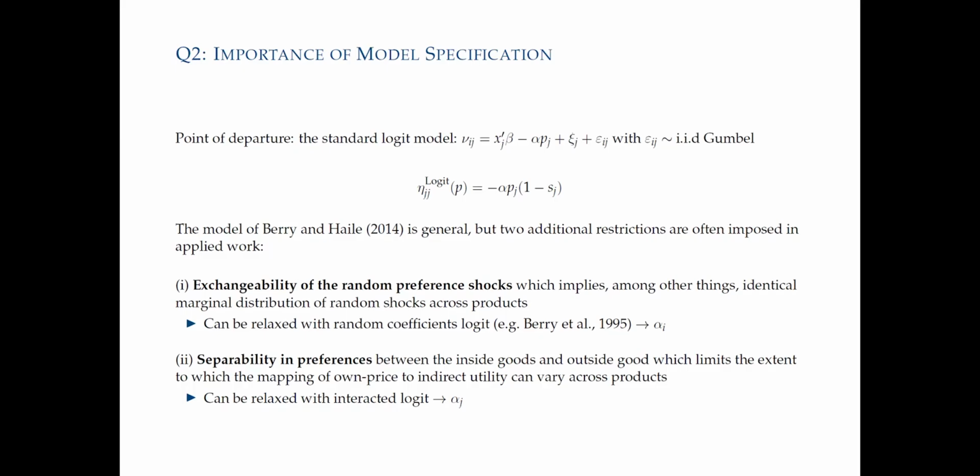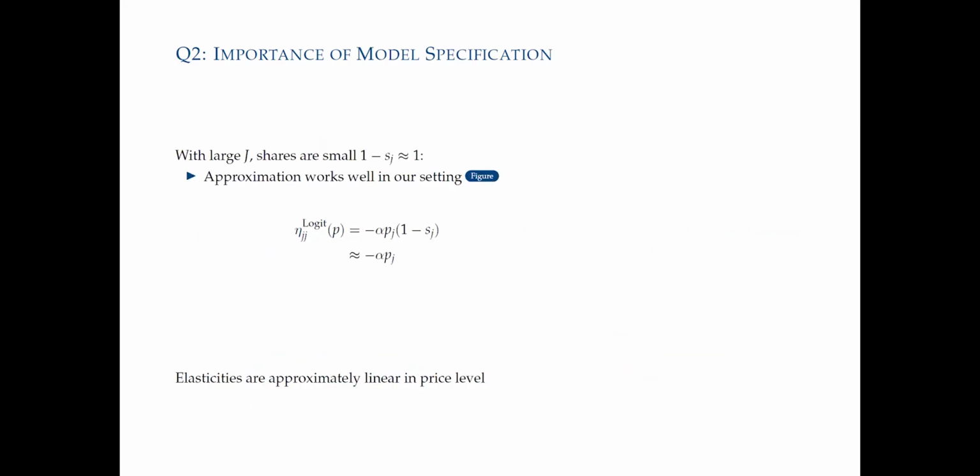In that case, you're going to get alpha J, a product-specific coefficient instead. The intuition is kind of like toothpaste goes with mouthwash. Some are more complementary than others. It's going to give you different substitution to the outside option. We will think about which of those models work best. Do they still produce the same estimates for a given instrument? Okay, so we're going to go through that.